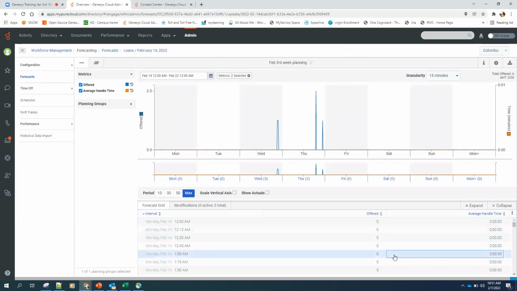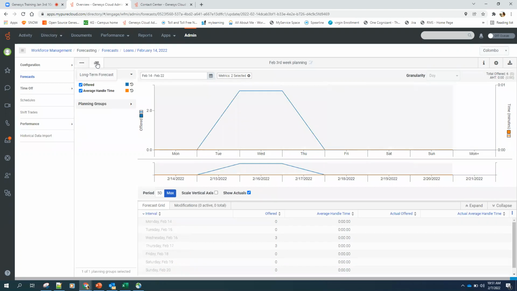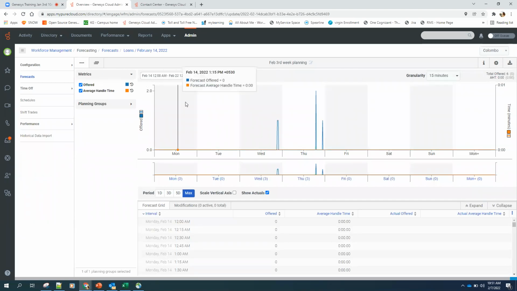So it's estimating that on 14th you'll get only 1 call. Maybe if I add proper agents with some live data, it will show which agent is going to work